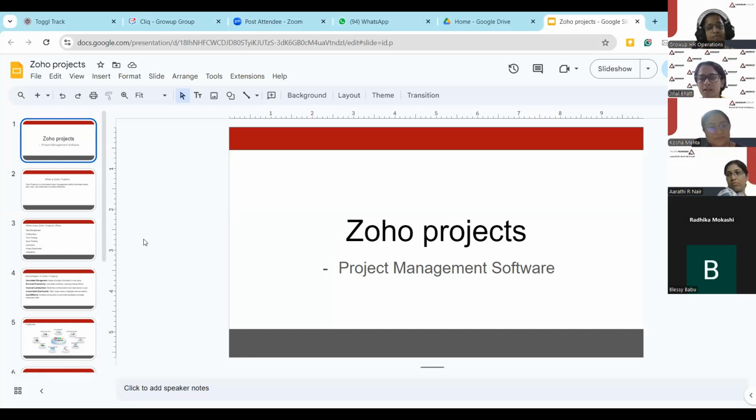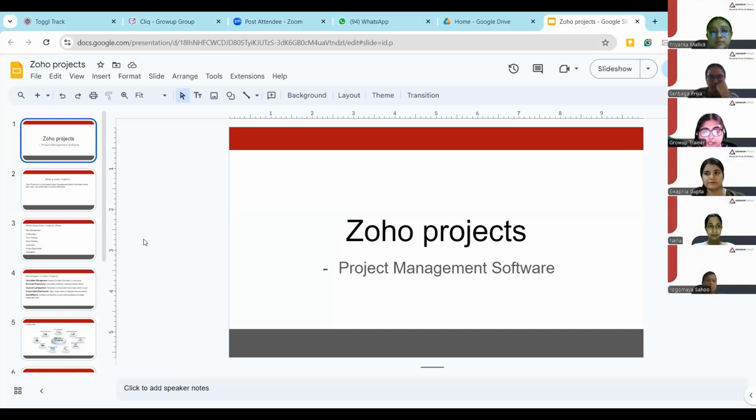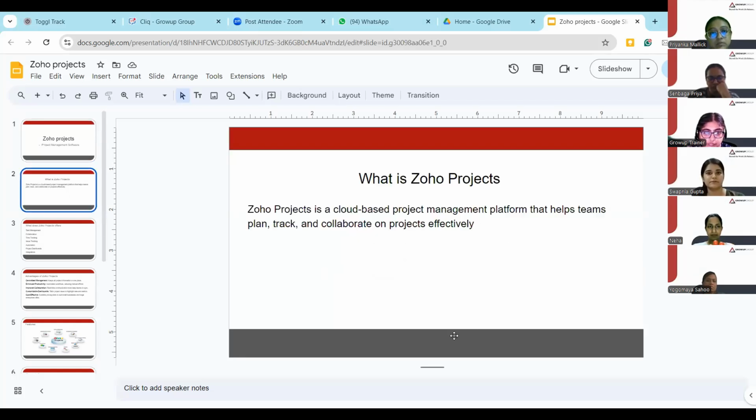I'm Jinal here, and today I'll be taking up a topic that is Zoho Projects. Zoho Projects is basically an application which is used for managing different projects under a single head. Zoho Projects is a cloud-based project management tool. It is as good as Asana, Trello, ClickUp, different types of applications which help the team to plan their own tasks, collaborate with different divisions or sections of the organization, and effectively close